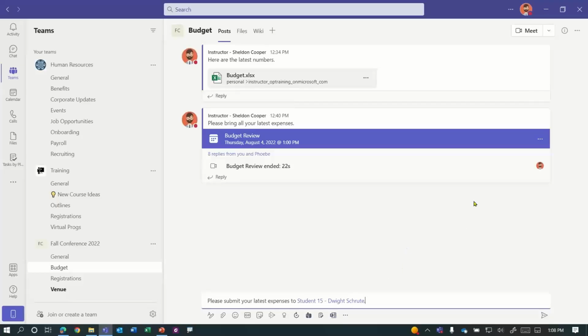But if you want to make sure that everyone is notified, what you can also do is mention the name of the team. So I can start my message by saying at Fall Conference 2022, and then I can write my message. So now I'm addressing the whole team, and I'm going to say, hey team, please submit your latest expenses to Dwight. Because I'm mentioning the whole team, that is one way that I can ensure that the whole team is notified and is sent a notification about this post. Okay, and then when I click send,